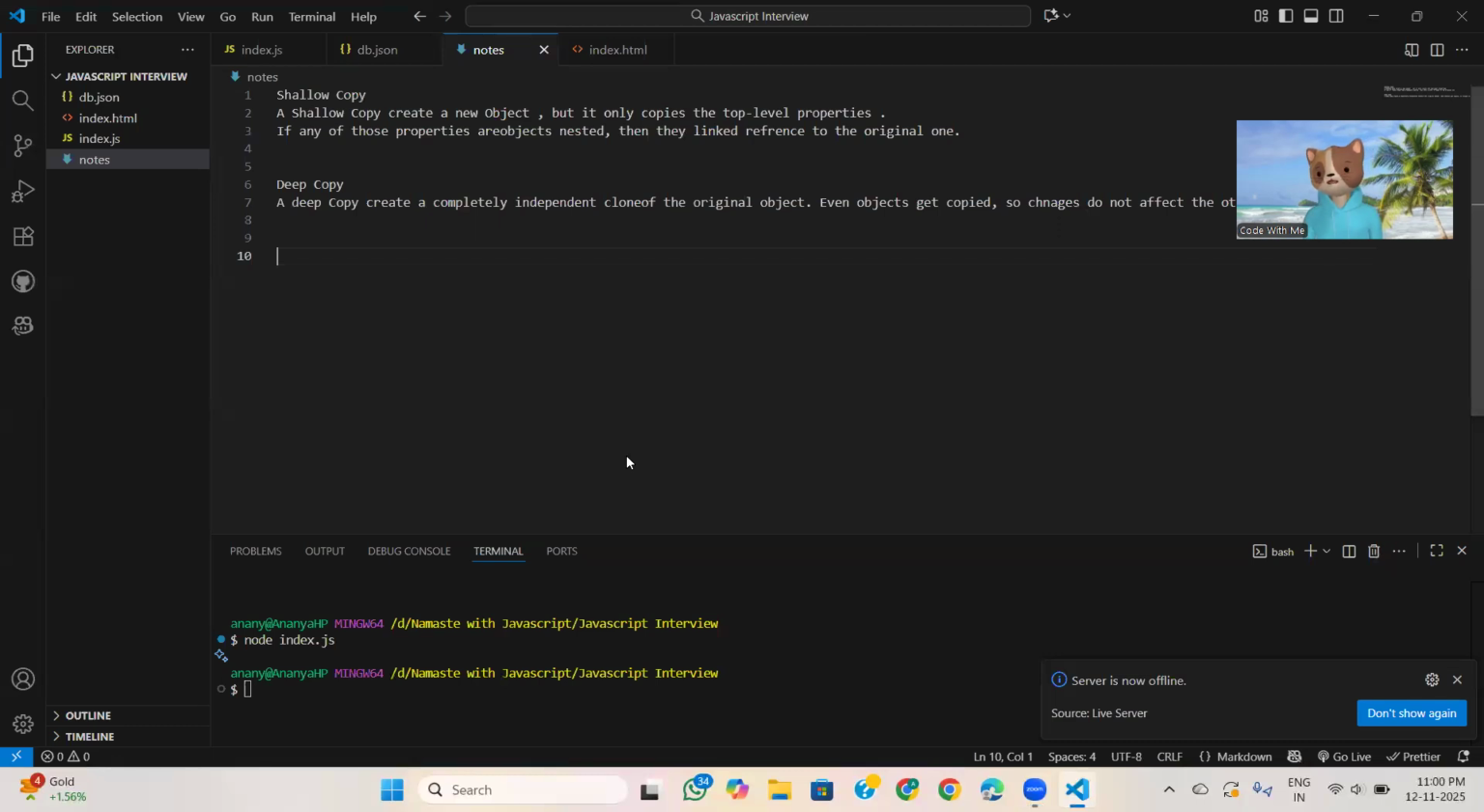So let's start with the definition. Then from practical, I will show you the exact difference between them. Whenever you have an array or an object and you want to copy that object or array, this shallow copy and deep copy comes into the picture. My more focus is on interviews, so first I will tell you the definition, and after that I will show you through the example so that